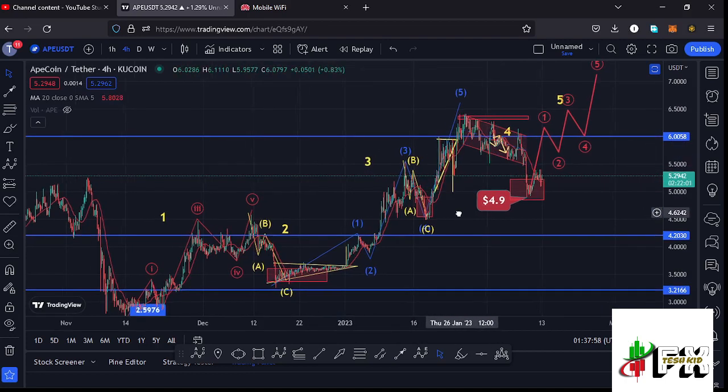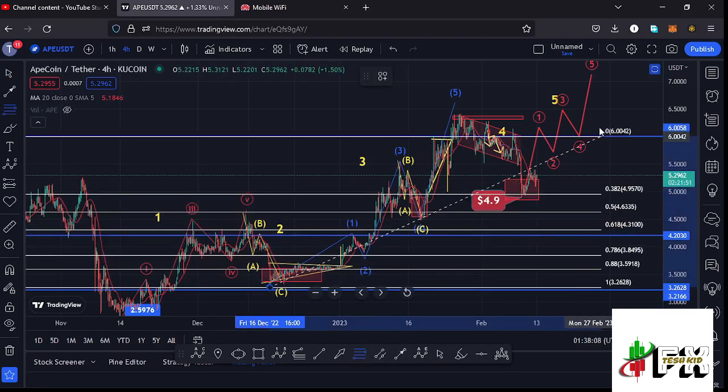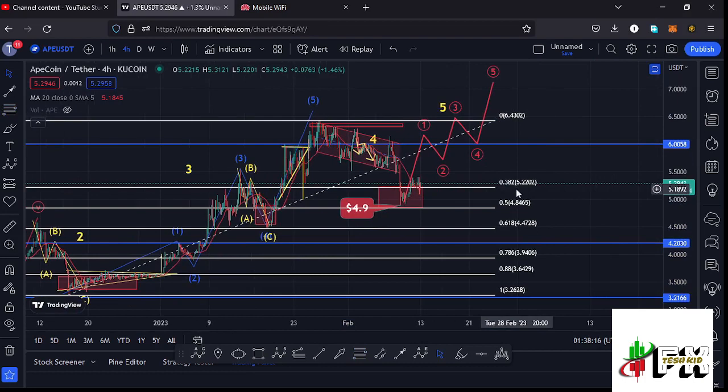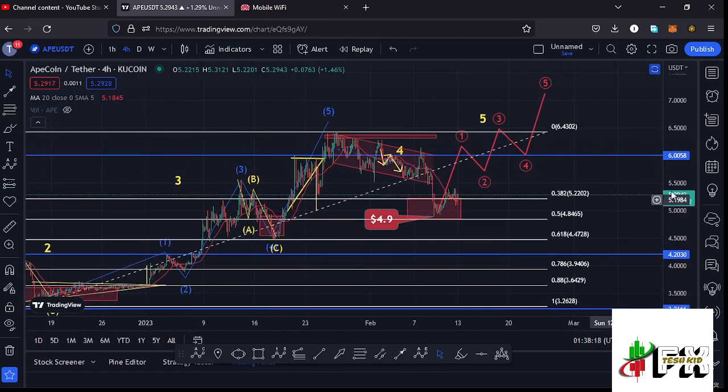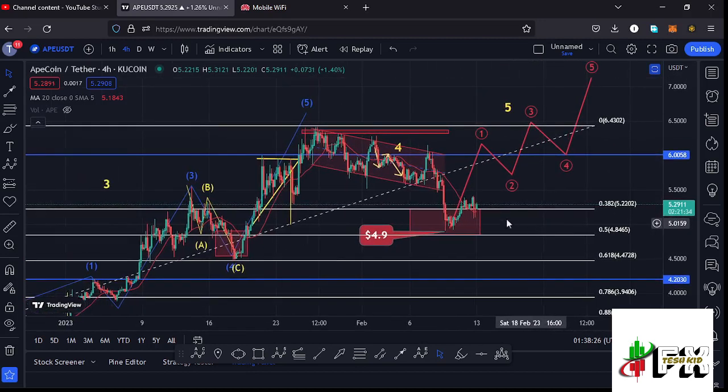And after seeing the formation of that wave 3, we expected the formation of a larger Elliot wave count 4, and using the Fibonacci's, connecting them from the low of the first wave, that is the wave 2, to the high of that wave 3, that gives me a minimum retracement area in the formation of that wave 4 between the fib level 0.382 and the fib level 0.5, and that is between the $5.2202 mark and the $4.8465 mark. And you can see we have fully maximized our red target area down here in the formation of that wave 4,